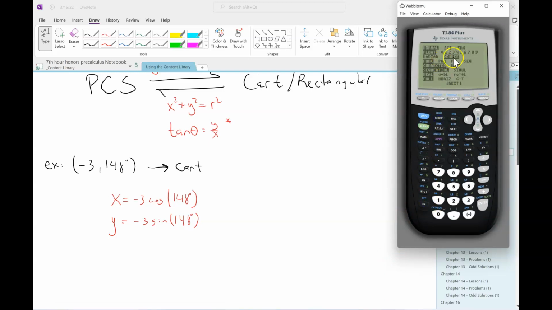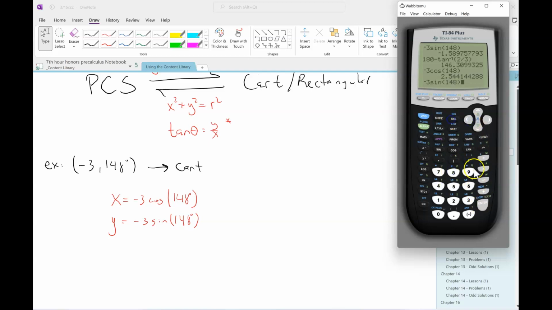Turning on my calculator, I want to check to make sure I'm in degree mode, which I am, but it does not matter if your calculator is in function, parametric, or polar mode. Unless you're using the graphing features, that part won't matter. If you're just doing like sine and cosine or whatever, it doesn't matter. All right, so -3 cosine 148 is 254. And -3 sine 148 is